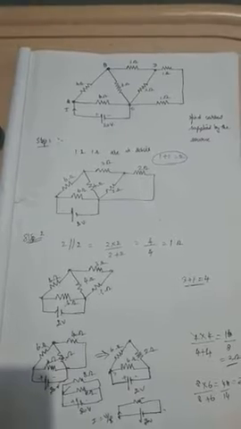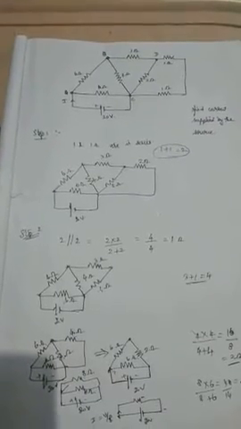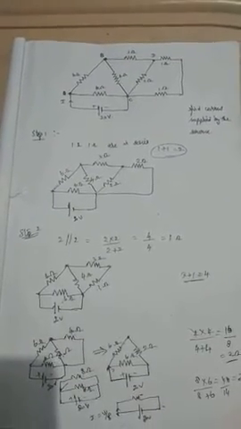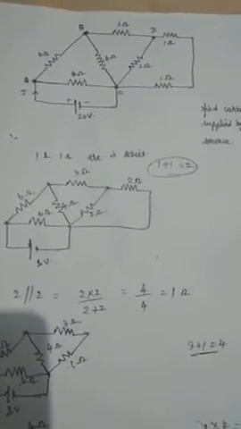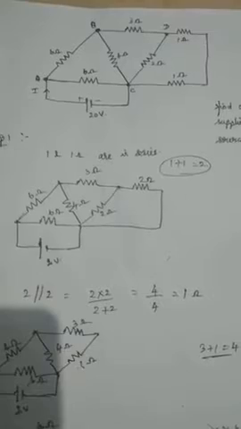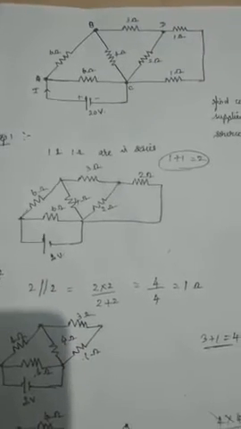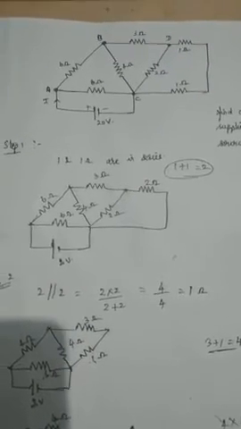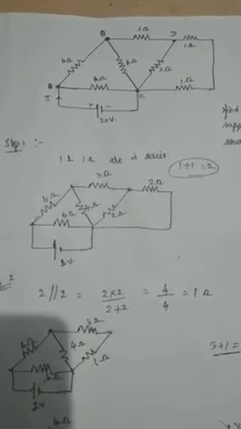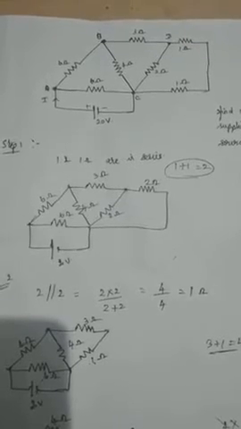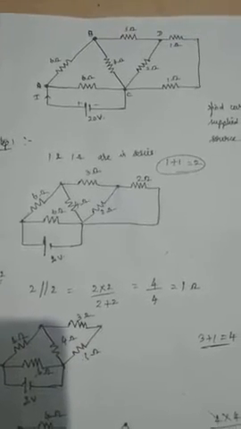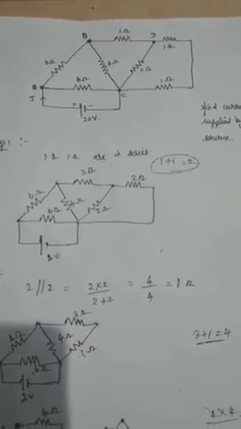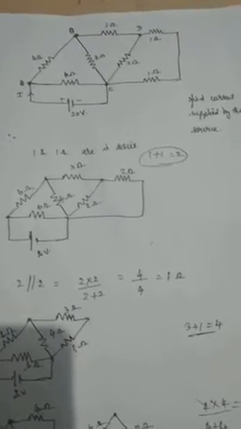In this problem I have shown you 4 dots, which are nothing but the 4 junctions or 4 nodes. You can see them there, mentioned as A, B and C. These are the junctions in the given problem. The 1 ohm and 1 ohm are connected in series, because the ending point of one 1 ohm is connected to the starting point of the other 1 ohm. So it is considered a series connection.